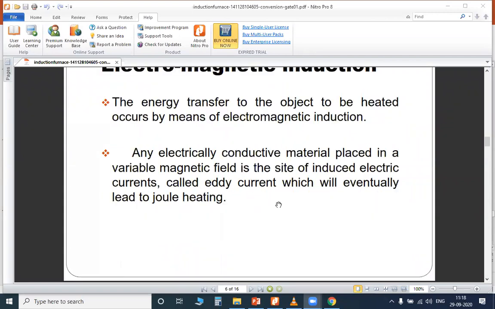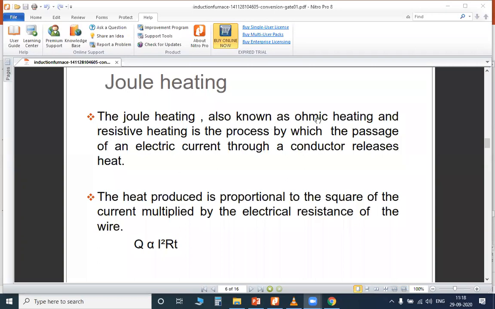So what is meant by joule heating? Joule heating, also known as ohmic heating and resistive heating, is the process by which the passage of an electric current through a conductor releases heat.